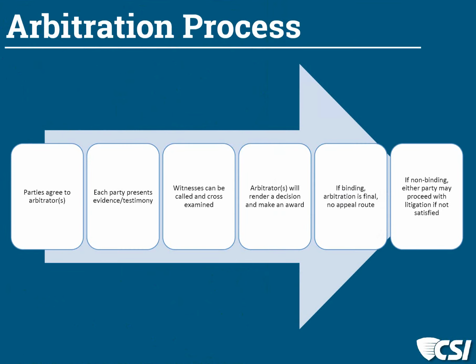So again, this starts off with a good first step in reaching some agreement with people that are involved. They're agreeing to the arbitrators. If that's not possible, and I've had that experience, then different parties can pick an arbitrator to be assigned, and then if you're using an association, they may pick the chair so that neither party picks one of the people. And an arbitration process is very similar to court.